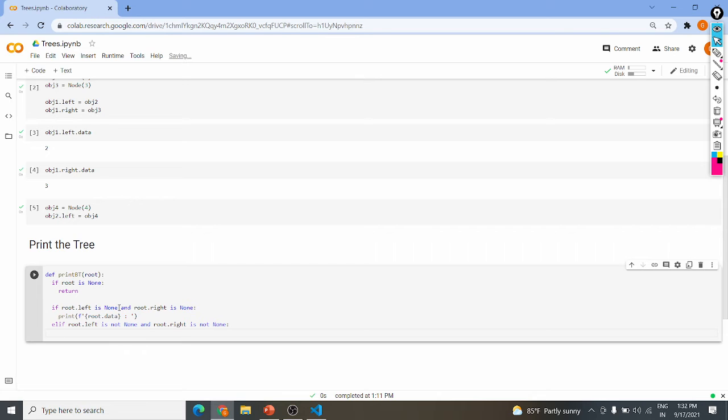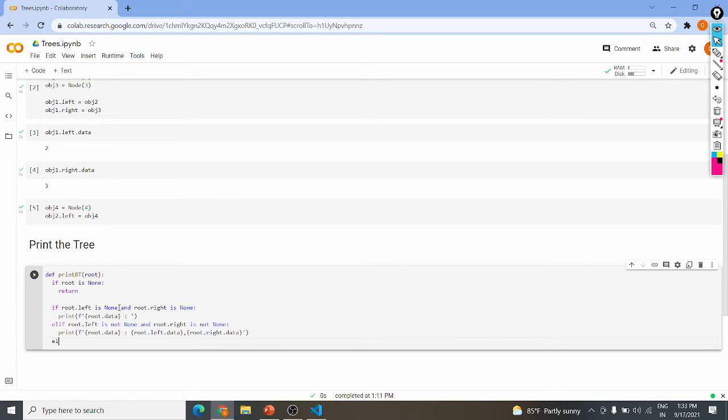That means what will we print? root.data, colon, root.left.data, comma, root.right.data. That is what we want to print, right? If left is not empty and right is also not empty, we want to print both the data.